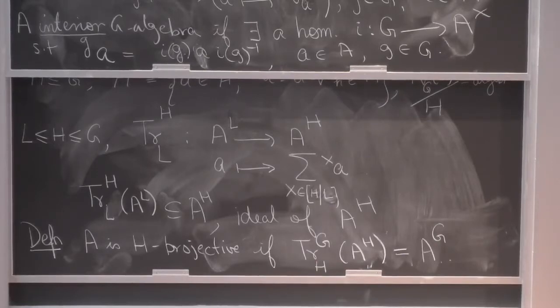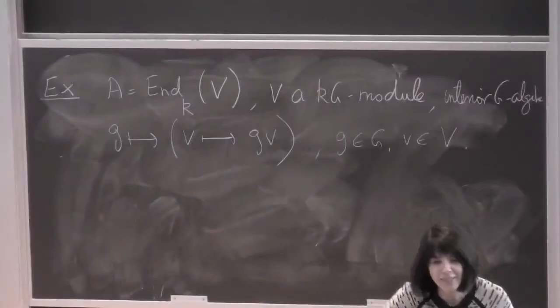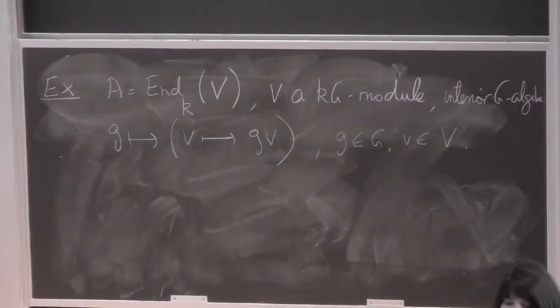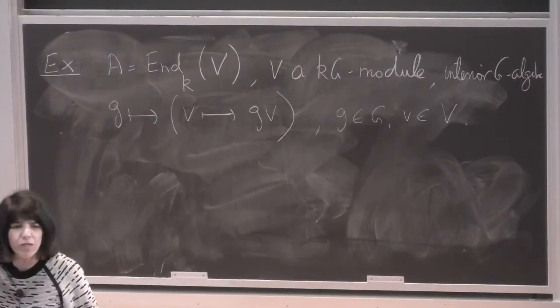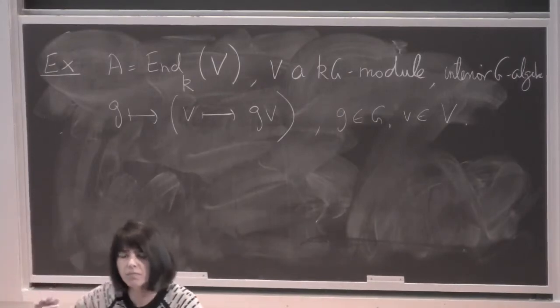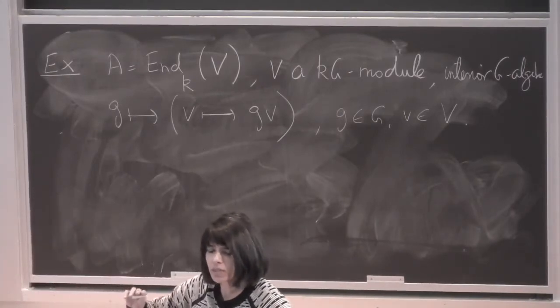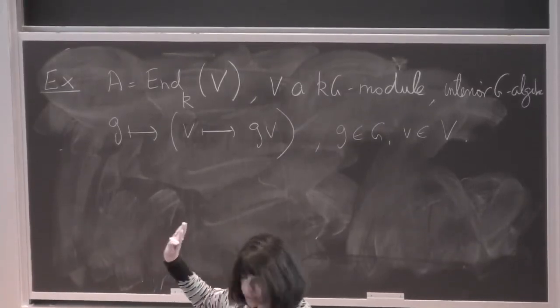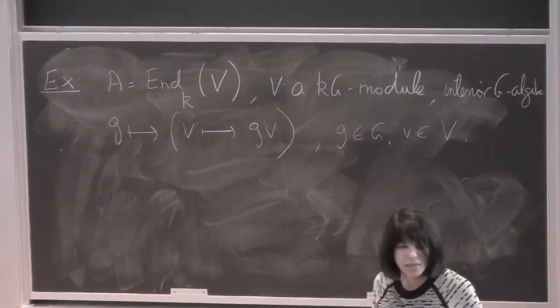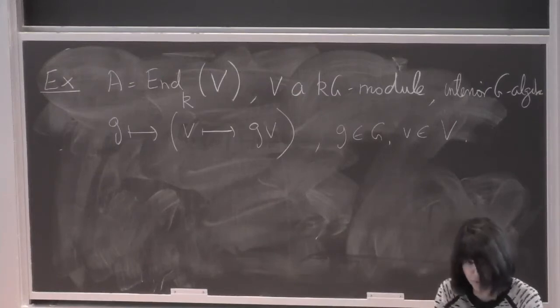Now, let me just explain on my example here. Yes? When we're talking about ideals, you mean ideal in the usual sense and also group invariant? No, it's not group invariant because this L may not be normal. I just mean, should I say left ideal probably? No, it's a two-sided ideal. Yeah, just ideal in the sense of ring theory.